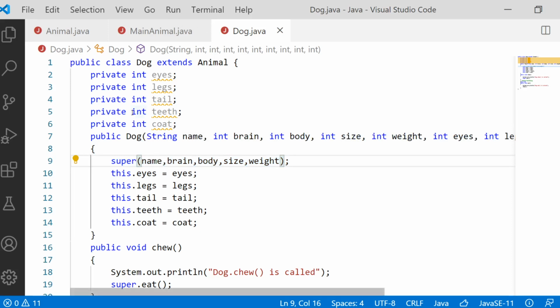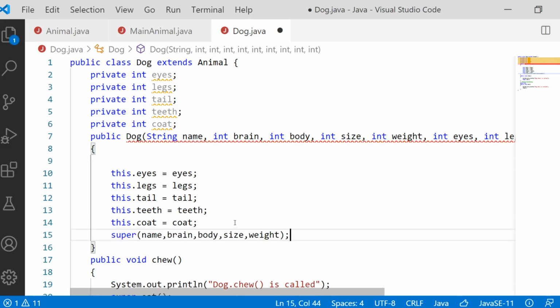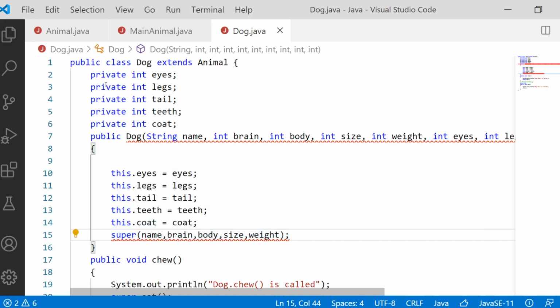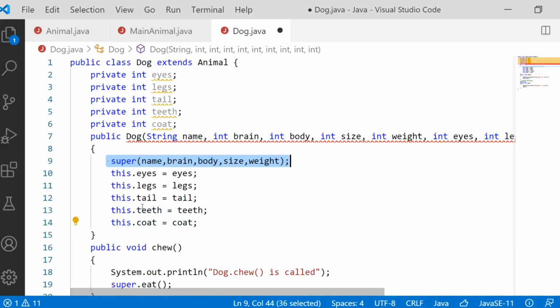And one more thing we noticed in the previous session is, when you call the constructor of the superclass, it should be the first line. If you place it in the last line, then it will be an error. You can see the error here: constructor call must be the first statement in the constructor. When you want to call some other constructor inside a constructor, that should be the first line. Giving it in between will not work. Only the first line will work. So this is one thing that we learned in the previous lecture.